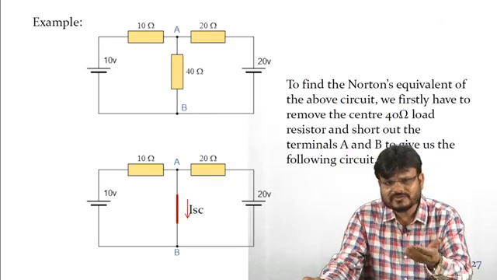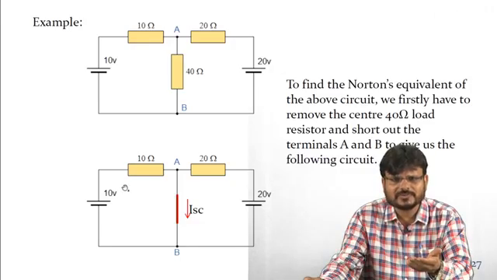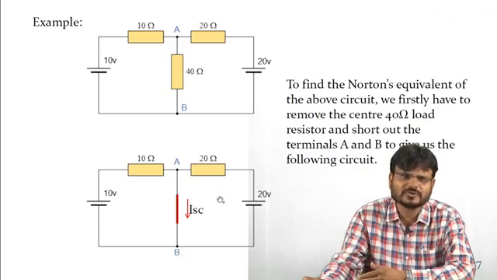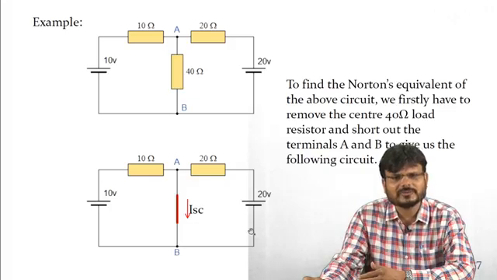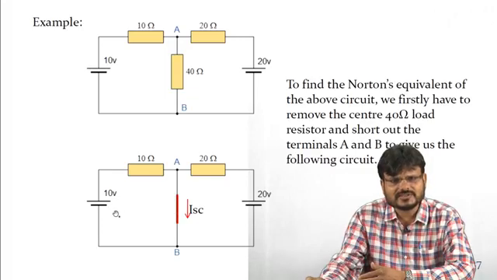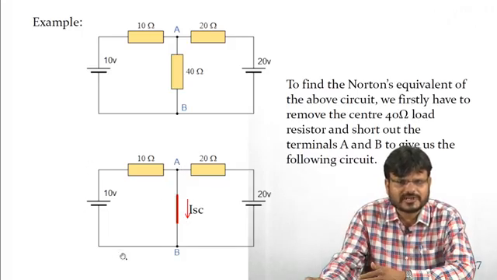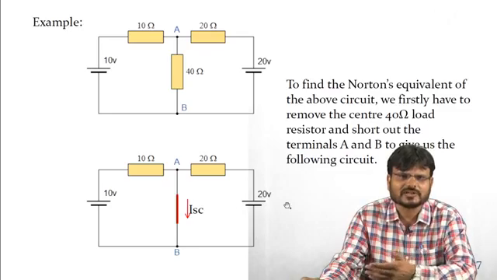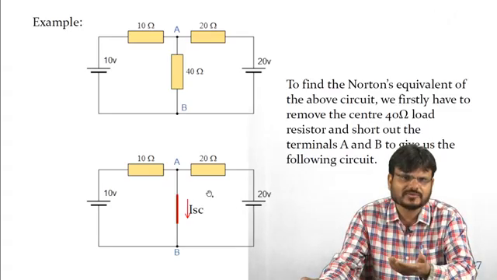So you have applied the superposition theorem when considering the 10 volt source. Now you consider the 20 volt source. Then what will you do? You will replace the 10 volt source by a short circuit. So now how will the current flow? Again the current will flow through only this branch. Why? Because this is short circuited and this is also short circuited. So the equivalent resistance of these two branches is equal to 0, and the net current will flow only through this path. That current you can call I2. So I2 is equal to what? 20 divided by 20, so again it is 1 ampere.